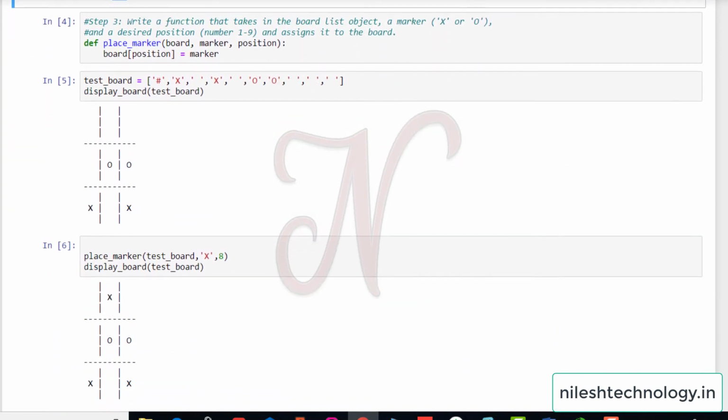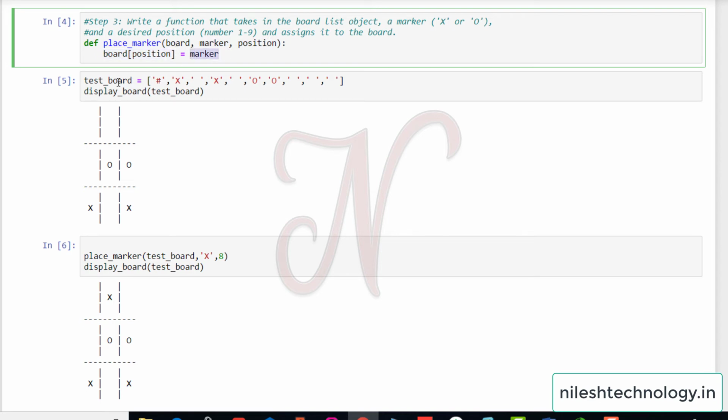Okay. See here, next step. Step number 3. Write a function that takes in the board list object, a marker X or O, and a desired position number 1 to 9, and assigns it to the board. So see here, place marker is my function, and pass here the 3 parameters: board, marker, position, and board of position set to your marker.